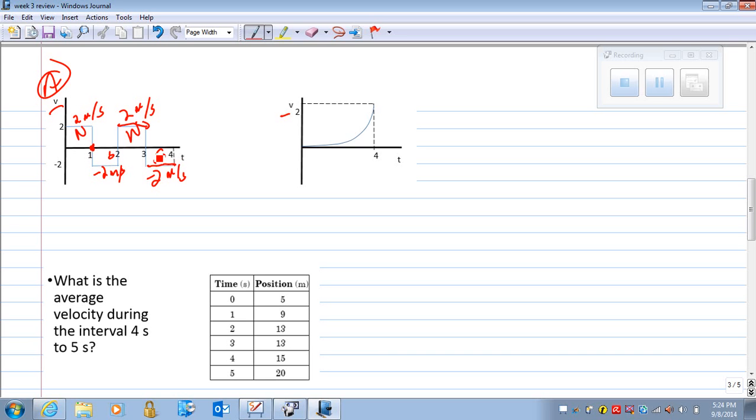On the other hand, this object, and we're going to call this graph B, started out at 0. It was increasing its velocity all the time, so therefore it was accelerating, from 0 time to 4. So when we want to get the